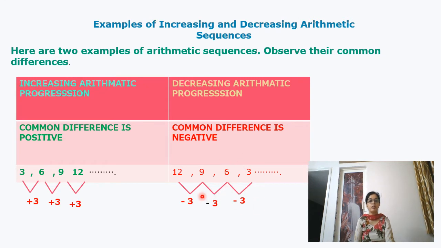Now, can you understand the concept? The concept is not that you are subtracting the smaller number from the greater number. It is not the concept. The concept is we are subtracting the previous term from the subsequent term. This is the main thing that you remember. Don't be in the misconception that we are subtracting smaller number from the greater number. It doesn't work that way. So be careful about it. And the difference is quite visible from the first sequence and the second sequence. In the first sequence, the CD is positive, and in the second sequence, the CD is negative.